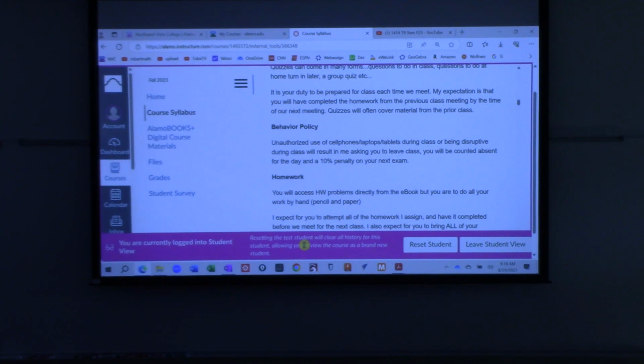Behavior policy. All right, again, welcome to college. I've had this policy as long as I've been teaching, all right? I do not like to see cell phones during class. That's just my policy. I walk by, I see other classrooms, I see professors up there teaching, and half their students are sitting there on their phones. And I don't understand how that professor is okay with that. Me personally, if you've got something important on your phone that you need to deal with, take it outside the room, all right? That's okay with me. I don't want you leaving 10 times though, right? Once or twice, maybe. Once is about enough.